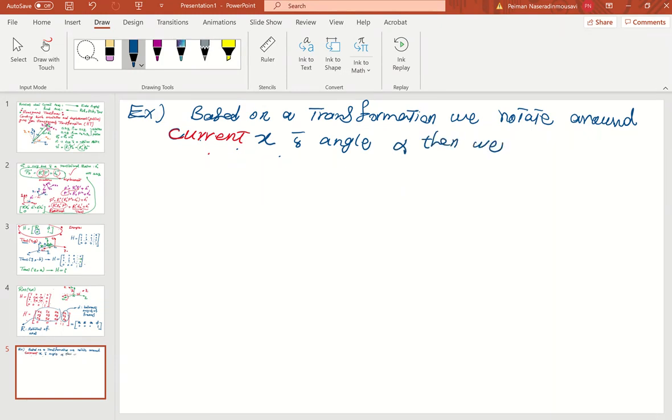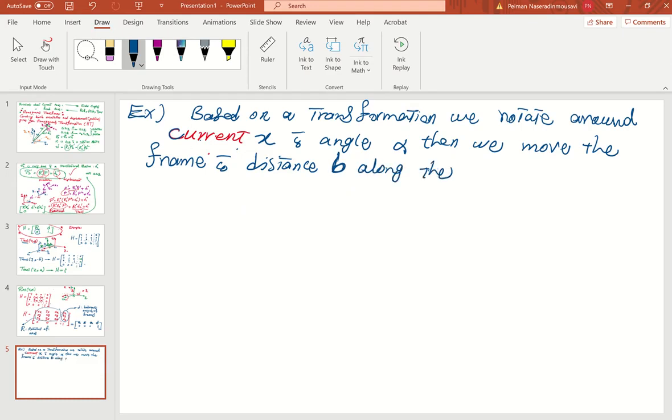then we move the frame, means translational motion, frame to distance B along the current Z axis, okay,